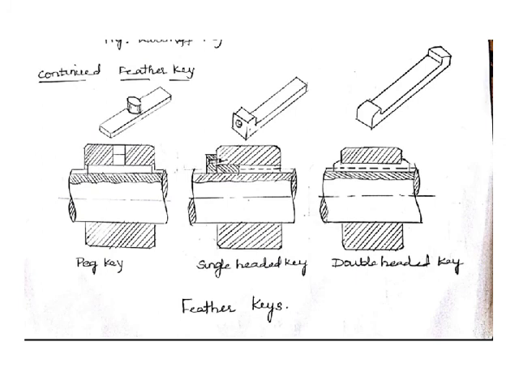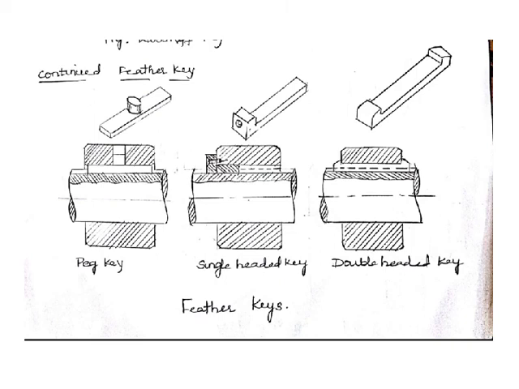This figure indicates the different types of feather keys. As I explained, feather keys or parallel keys are of three types. The first one is called the peg feather key, the second one is the single headed key, and the third one is the double headed key. Why is the first one called a peg key? Because the peg key has a peg. In the figure we can see at the top that the key has a peg in the center which will fit inside the hub, and that's why it is called a peg key.